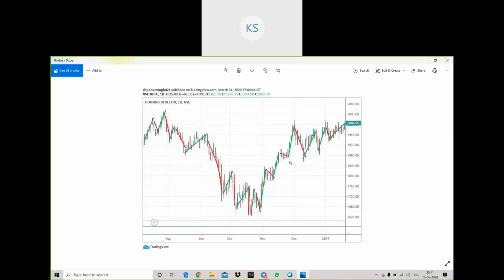Okay, one more example I'll show. Now see on your screen, this is a complete stock. Just ignore this part for now. I have only drawn expansion and trend phase in this. From here to here this was in downtrend, and the red lines which you are seeing are my trend phase, and the green lines which you are seeing are my expansion.